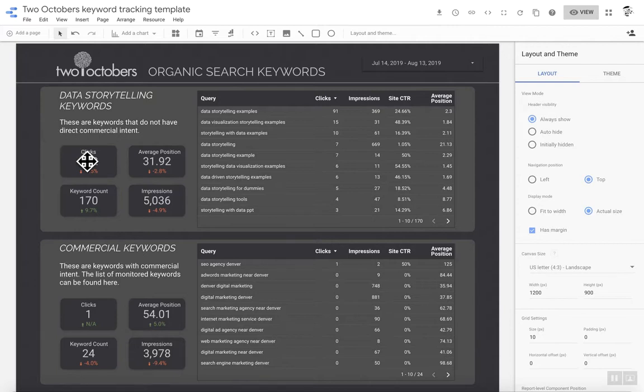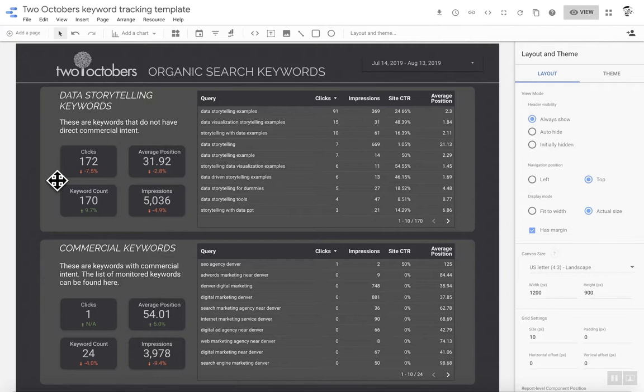Really there's nothing fancy going on with these except for the filter that's applied, and I'll get into that in a second. These are just straight up scorecards comparing to the previous time period. Right now this is looking at the last 30 days, and the scorecards are comparing to the previous 30 days. So in the case of clicks, they are down 7.5%